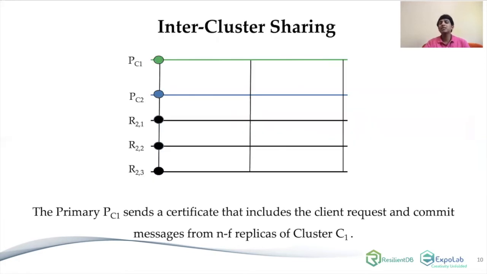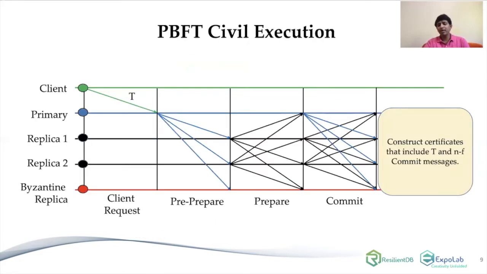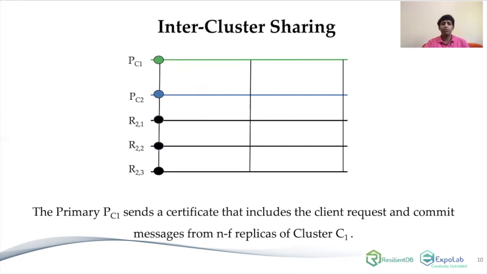Next, replicas basically share this certificate with every other cluster. So following this, the next step is to do inter-cluster communication. For inter-cluster communication, the idea here is that every cluster wants to exchange the certificate with every other cluster. So what we do in GeoBFT is that we require the primary of each cluster to send to F+1 replicas of